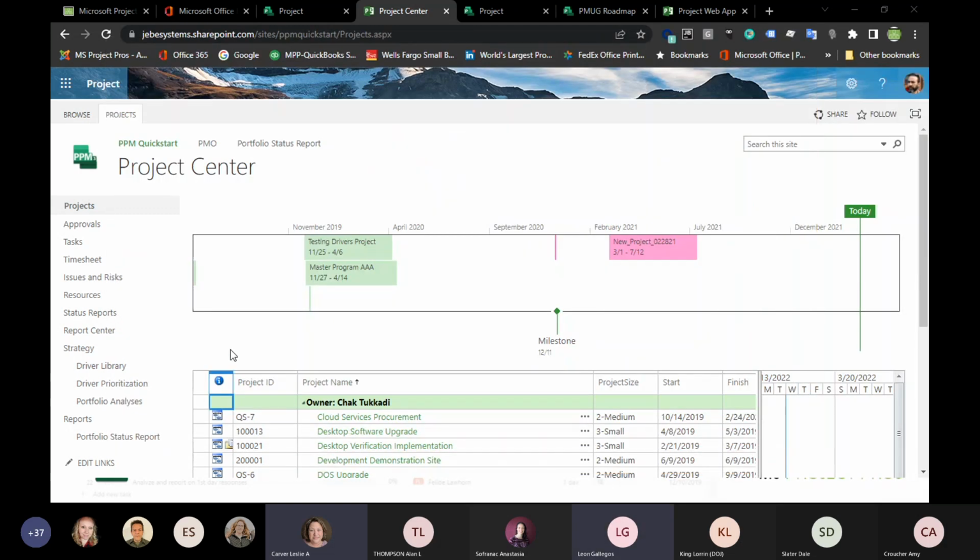Look at this. I don't want to open up that first report. I'll open up one of these other ones. Oops. Okay, here's a good one here. And what I'm pulling up right now is on my other screen. I'll show you the reports that come out of the box.